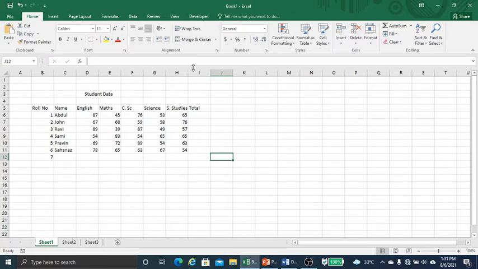Now how can you select a range of cells in a worksheet? We can select a range of cells in a worksheet by using the mouse or by using keyboard.